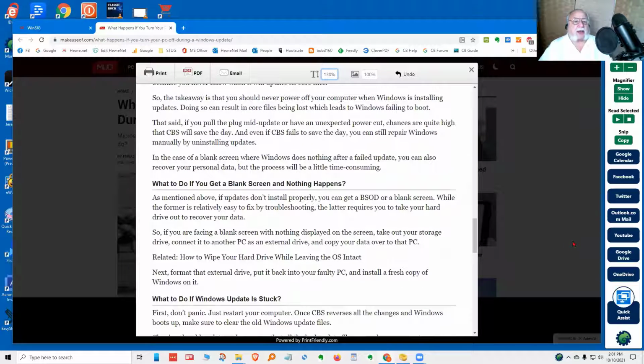So the takeaway is you should never power off your computer when Windows is installing updates. Doing so can result in core files being lost, which leads to Windows failing to boot. That said, if you pull the plug mid-update or have an unexpected power cut, chances are quite high that CBS will save the day. And even if CBS fails to save the day, you can still repair Windows manually by